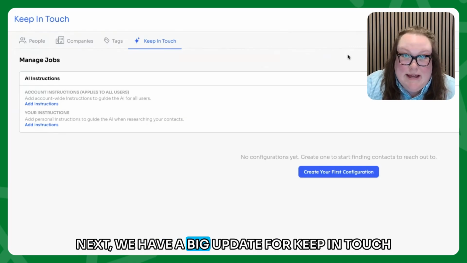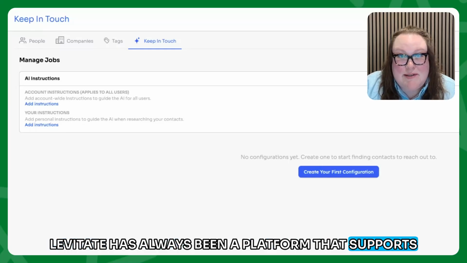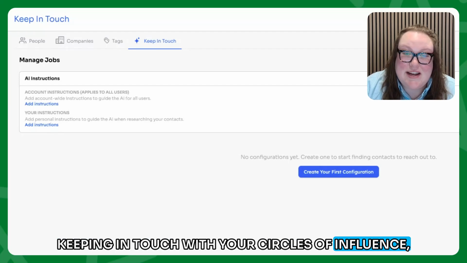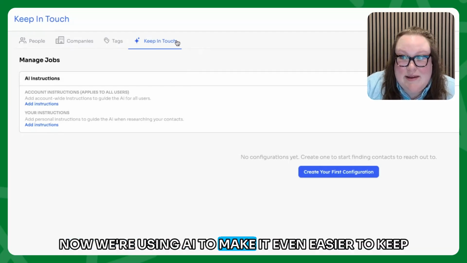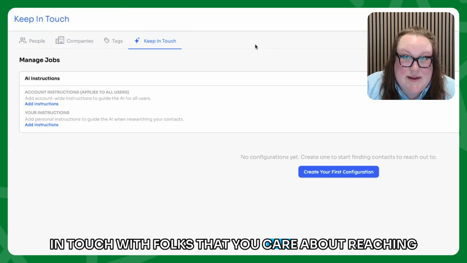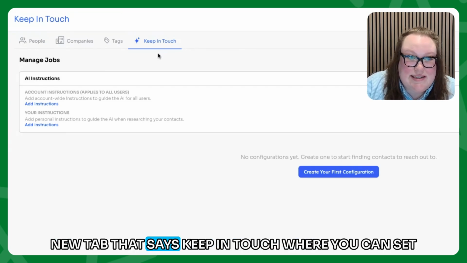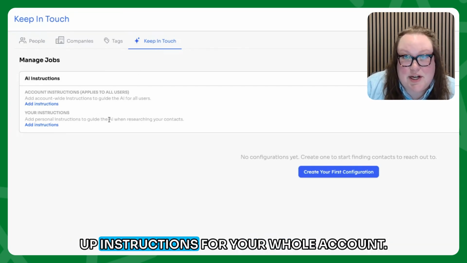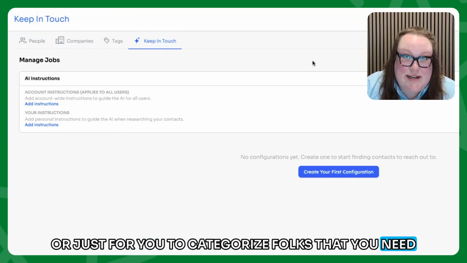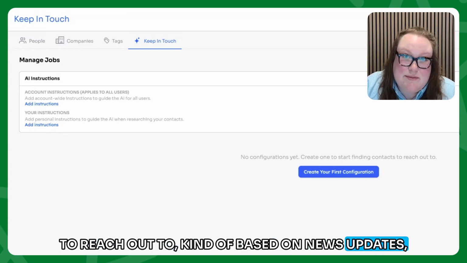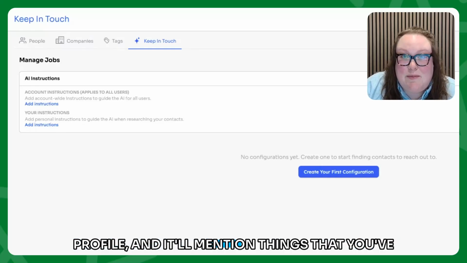Next, we have a big update for keep in touch notifications. Levitate has always been a platform that supports keeping in touch with your circles of influence, clients, prospects, and more. Now we're using AI to make it even easier to keep in touch with folks that you care about reaching out to. When you go to the contact section, you'll see a new tab that says keep in touch, where you can set up instructions for your whole account or just for you to categorize folks that you need to reach out to, kind of based on news updates, website updates, changes on their contact profile,